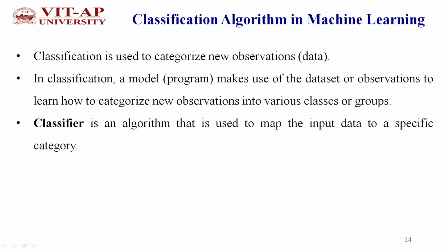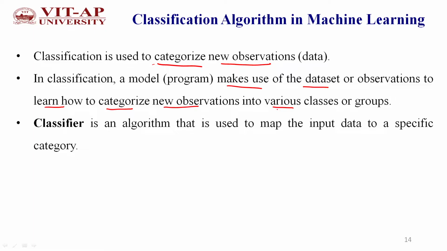Hi, here we will discuss classification algorithms in machine learning. Classification is categorizing new data observed from the environment. The data is given as input into the model. That model uses the given input data set to learn how to categorize new observations into different